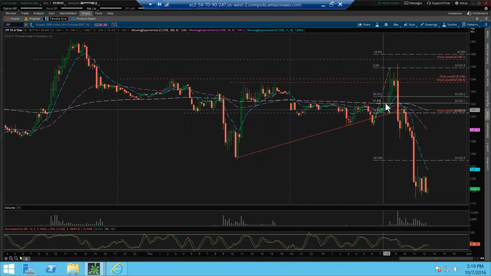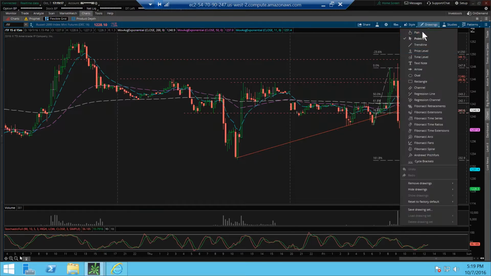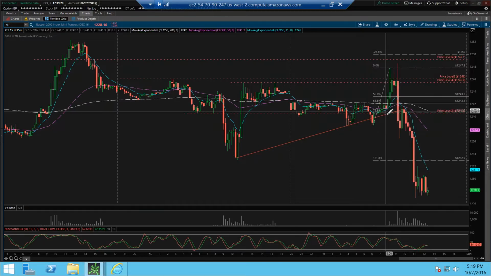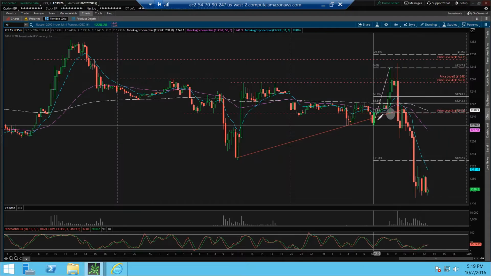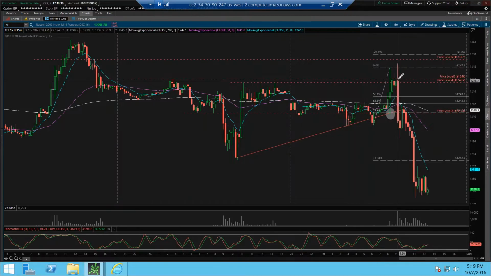So this was the initial spike right here, and then price came back down. And I'm going to highlight my entry for you and why I took it. So that's where I got in. And you can see that from the initial spike up,